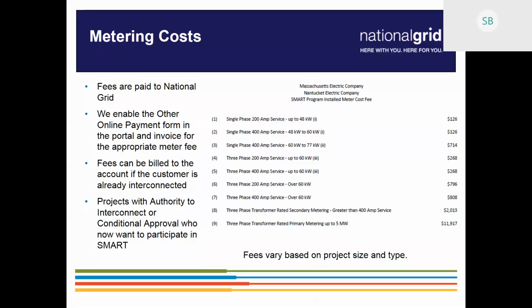So if a customer wants to monitor their site to show what they're doing on an average day, we would recommend that they install an additional meter, probably from their installer, to show that production. And I would recommend that when we file an advanced metering proposal in Massachusetts, you say, yes, we want that, because then we would have the proper metering in place to provide all that data. But today, most are just watt-hour meters, so we don't have any sort of interval capability in the meters.